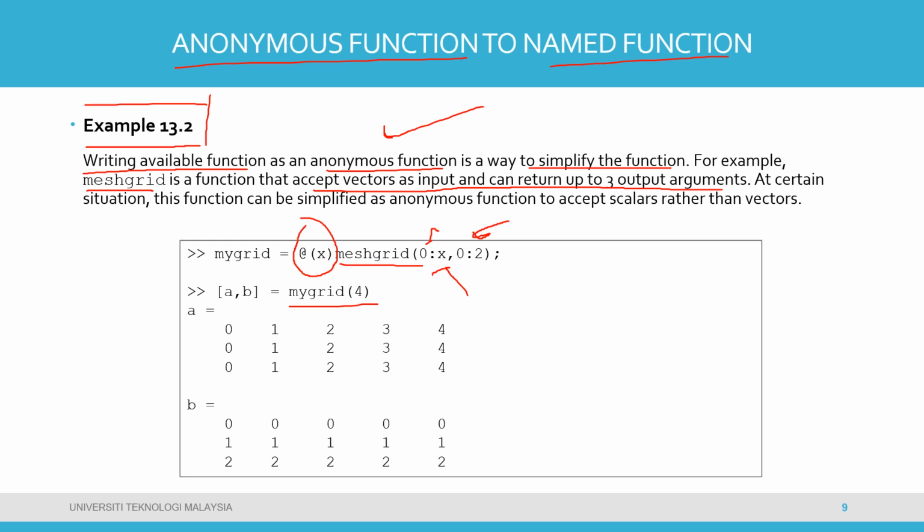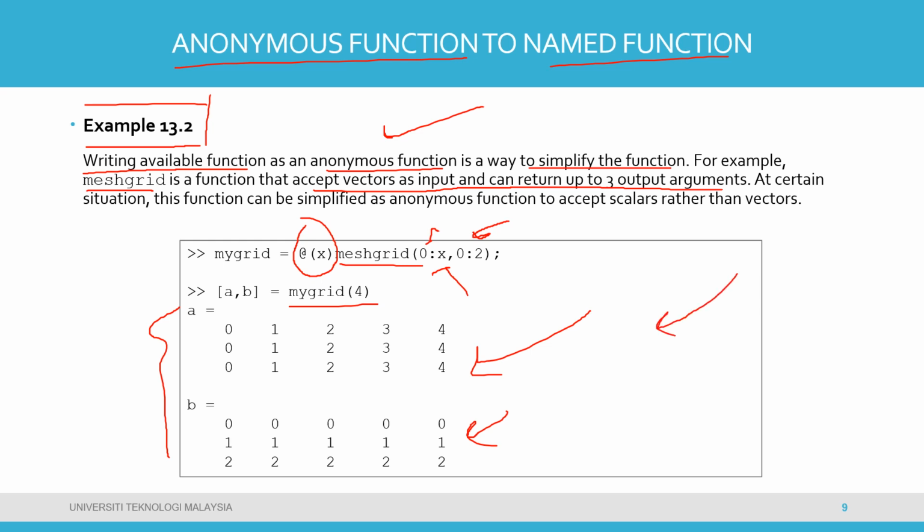So you create a meshgrid here, where x gives you 0 to something in columns and 0 to something in rows. So you can try this